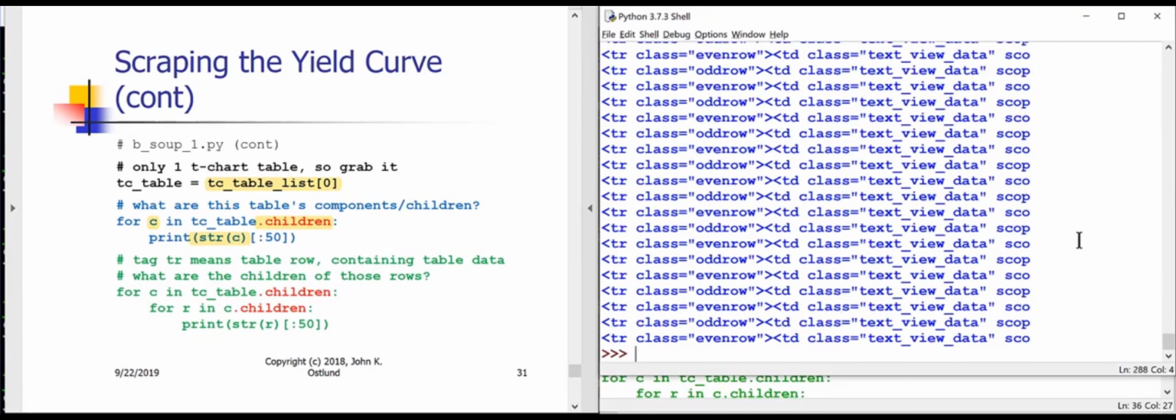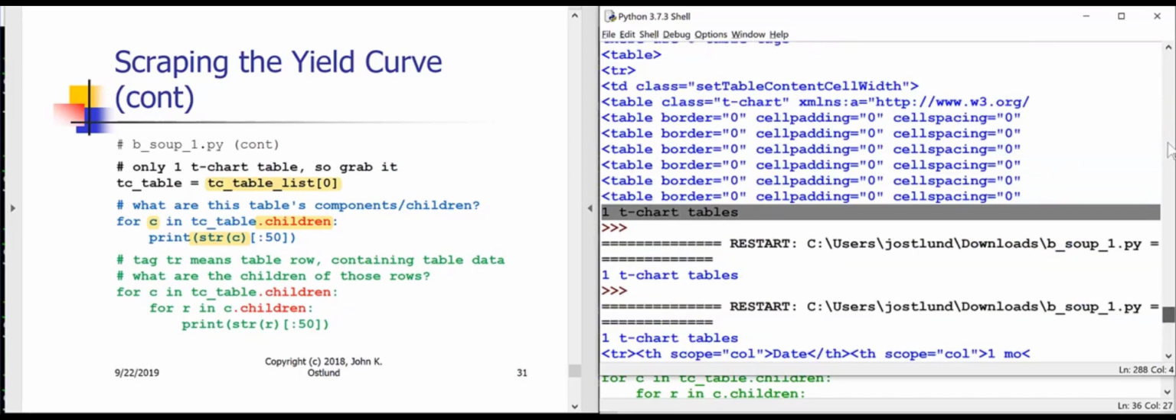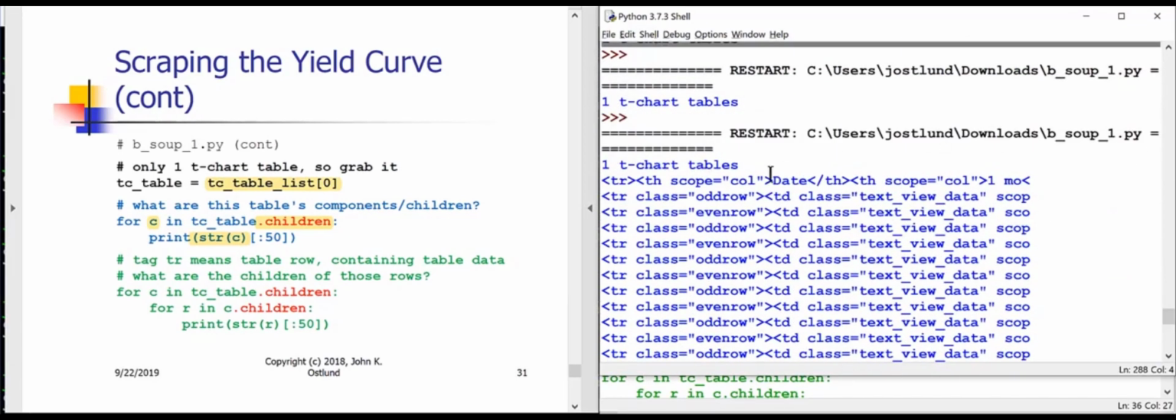Okay, well, this is not really very interesting. The first 50 characters in each row just tell me this. Well, okay, first I have a header row. TH stands for header, so that's good. That gives me the date string. It gives me 1 month, 2 months, 3 months, 6 months, and so on. All the data rows